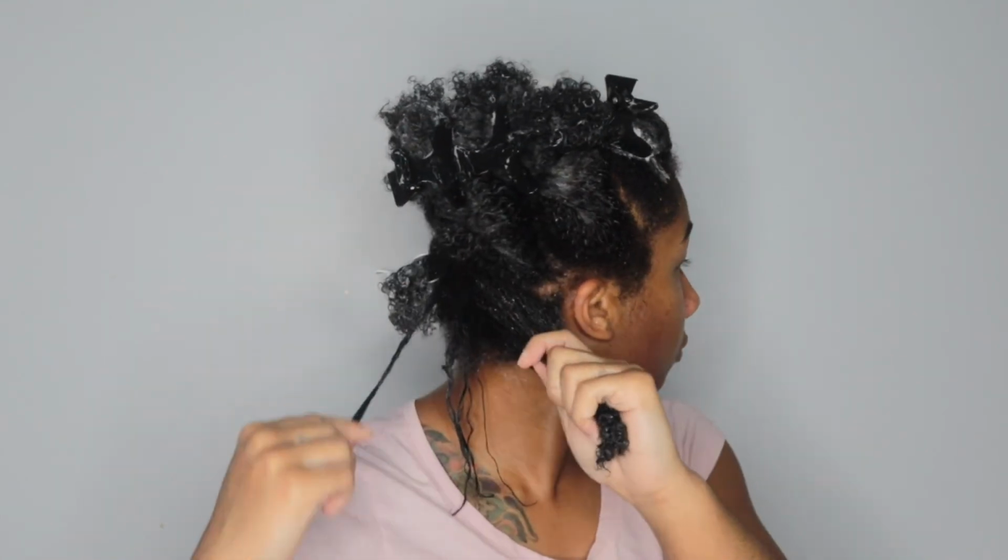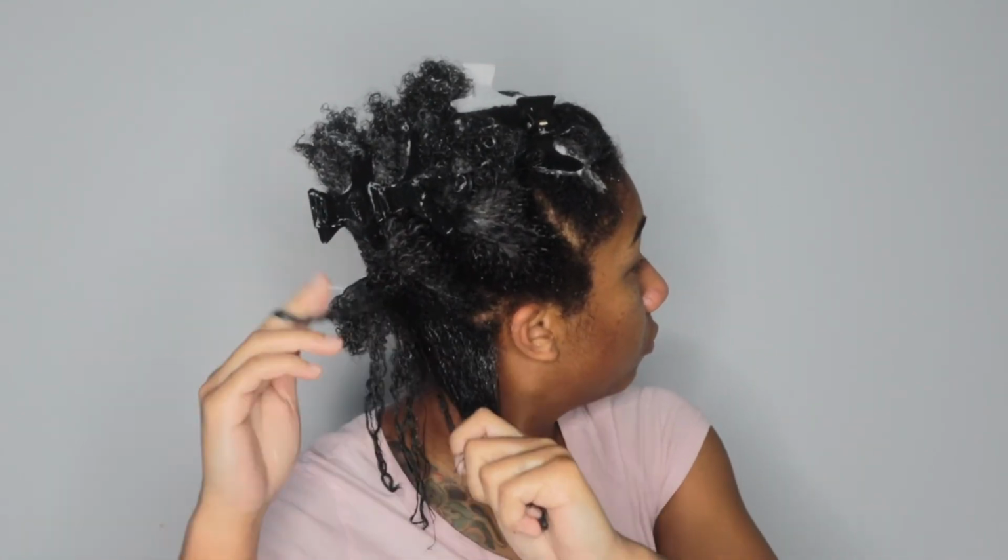So I took the gel and I raked it through my hair from roots to ends, and now I'm just separating it out. Back here is where I do have some heat damage, so the strands are pretty easy to define, but also just damaged, you know. So it really is an art trying to find the right balance between water, mousse, and gel, or between water